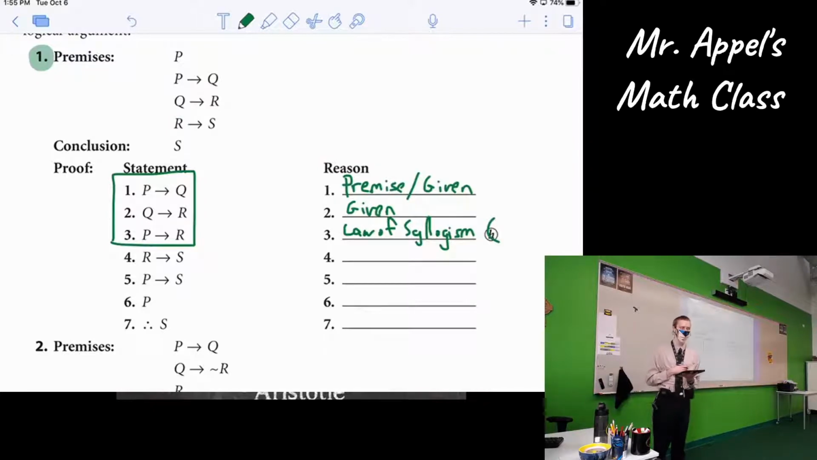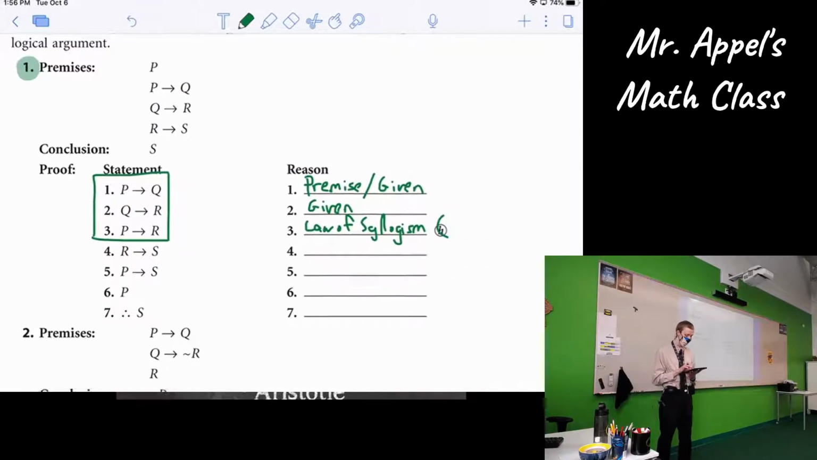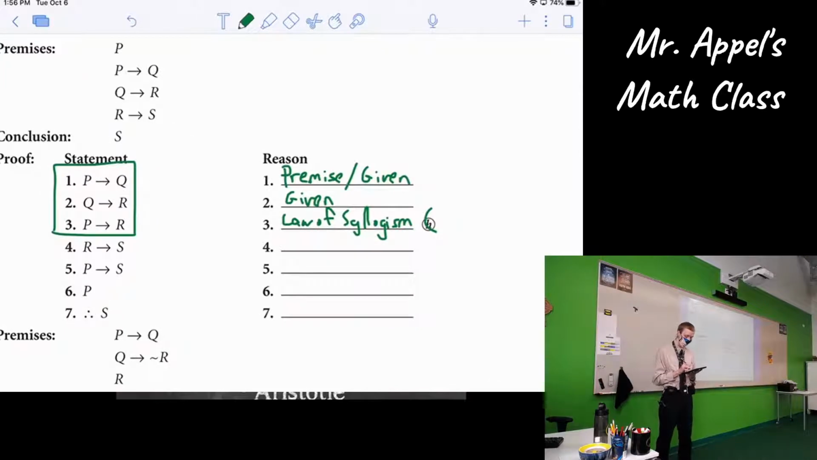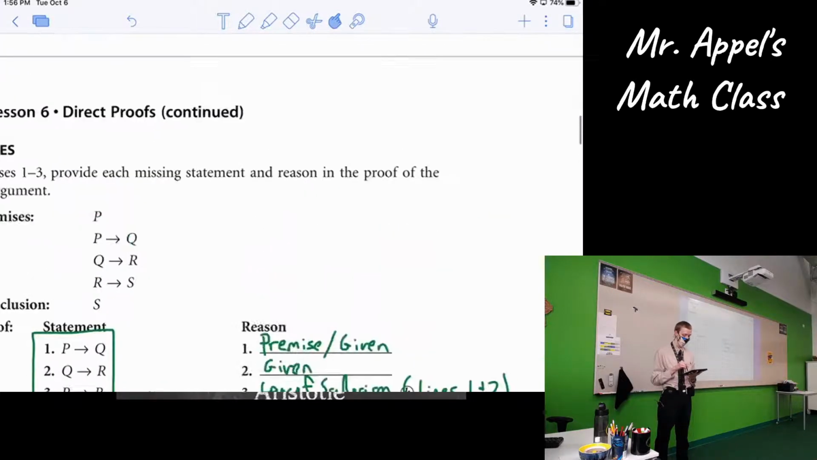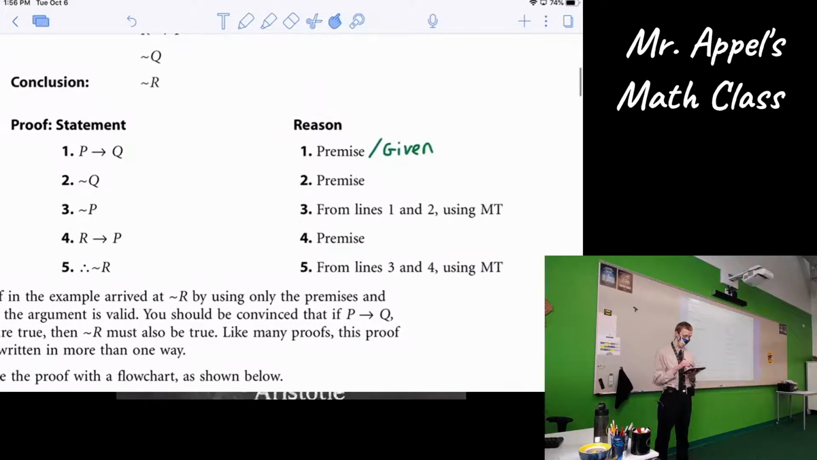But we're going to add one more thing. We're not just going to write which law it is. I want you to refer to which lines get combined in this law. This is law of syllogism combining lines 1 and 2. Okay, just like they did up here in the example. From lines 1 and 2, they used MT here. And this is going to help you stay organized,